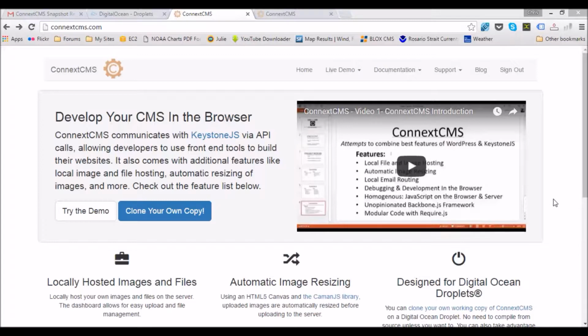Now, DigitalOcean is a company that creates virtual servers and rents them out. I think their cheapest plan is $5 a month, all the way up, and they scale and get high powered and more expensive. But we've created a snapshot that we can transfer to your account so that you can just boot up a working copy of ConnextCMS and Keystone.js. So the way to do that is to go to connextcms.com and click on this big blue button, Clone Your